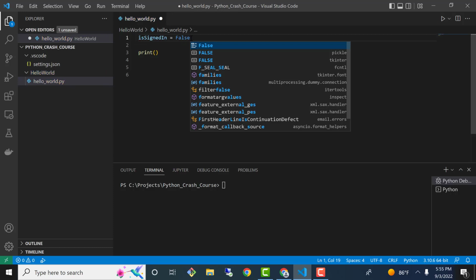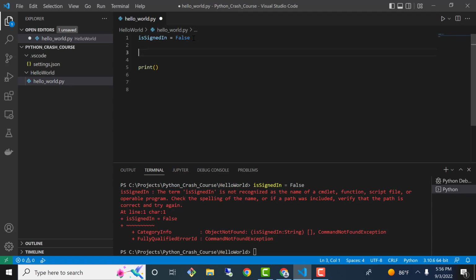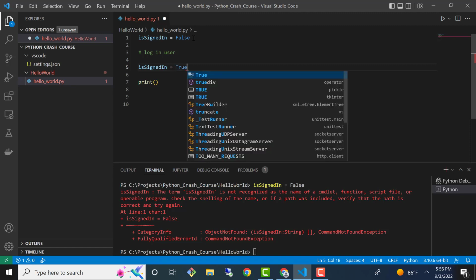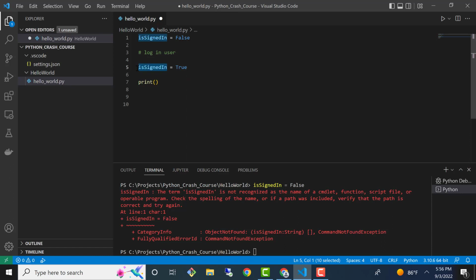Usually when you first visit a site, you are not logged in, right? And then we may have some logic later to actually log in the user. Okay, they have to enter their password, their username, and then we set this flag to True. Now notice that I am using uppercase F and T with the